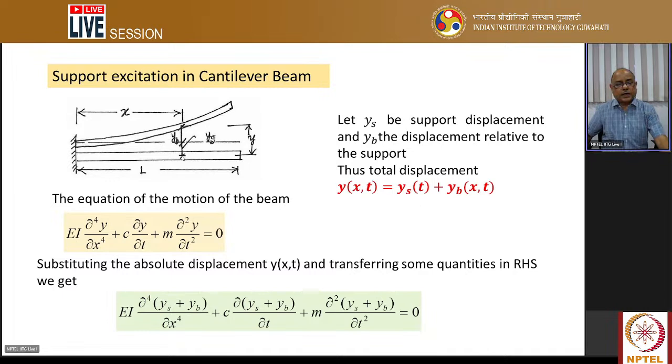Then we can write the total displacement of the beam as the support motion plus the elastic deformation of the beam. So now this is the beam equation, because there is no force actually acting on the beam. In the first step, we can write that the equation of motion of the beam is like a free vibration equation. But when you substitute y equal to ys plus yb, and then rearrange this, you will